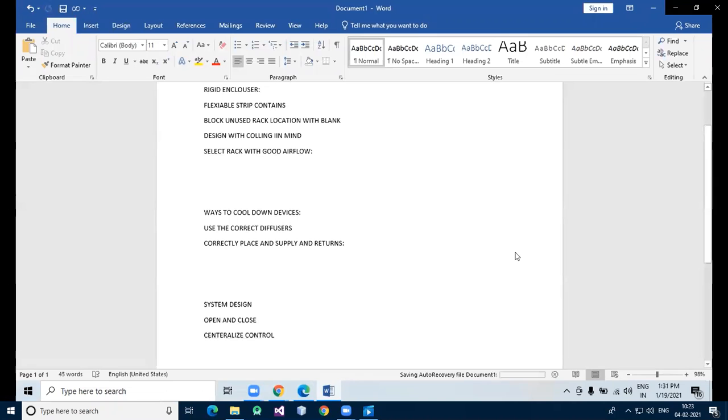When designing your cooling plan, it's best to employ a custom centralized air handling system.